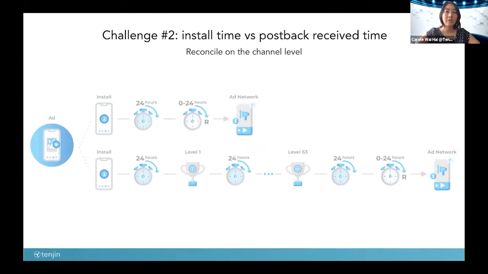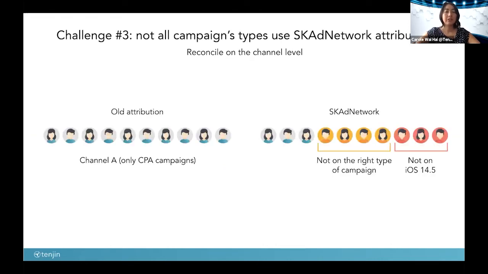So for all your installs on Monday, you'll need to look at SKAdNetwork from Tuesday, Wednesday to kind of find them without being able to know exactly which one will be Monday's install. So that's a bummer, but let's say you move past this, you accept that that's a difficult problem to solve and you want to ignore it at first. You still think, receiving only 3 SKAdNetwork installs for my Monday users still seems low considering this time discrepancy. And you might be right. Depending on the channel you're running your campaign on, some of them don't